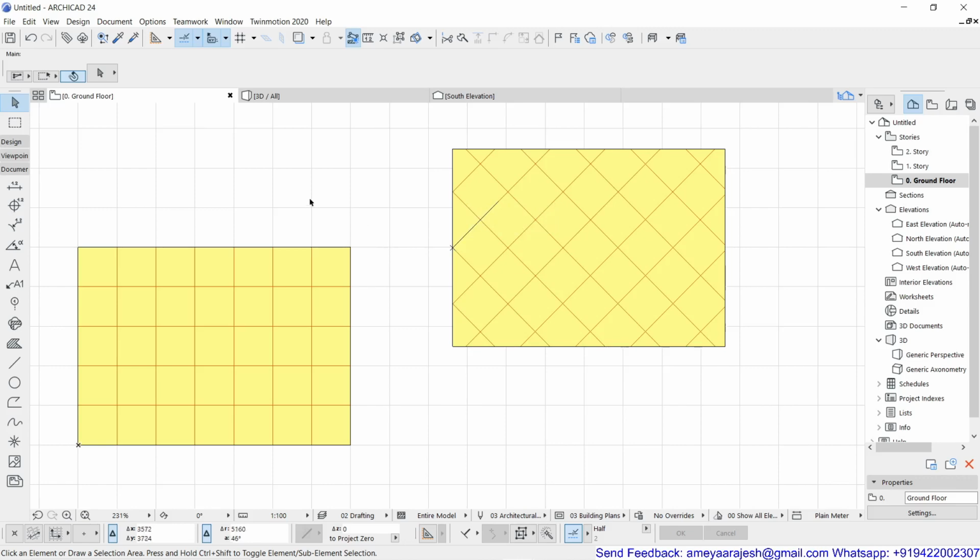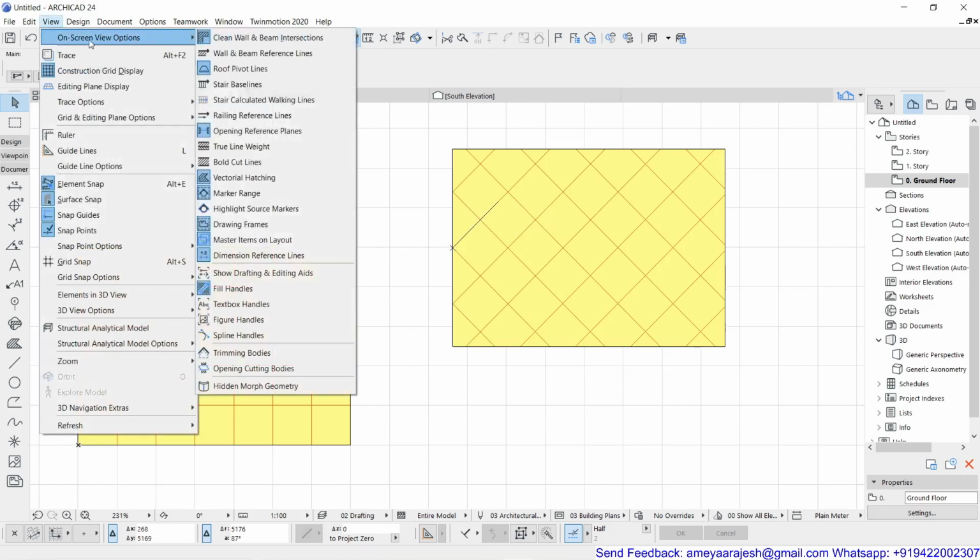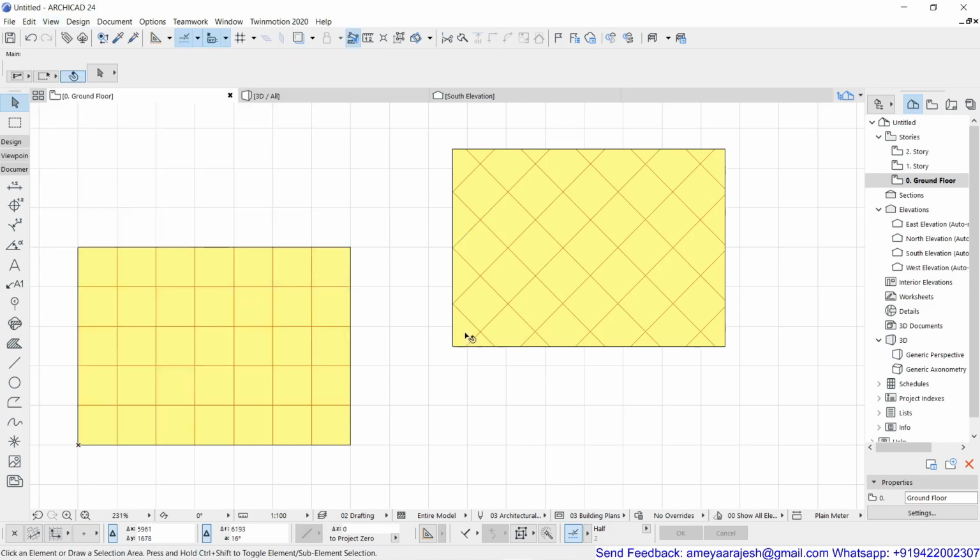If you want, you can keep it on. But anyway, I will turn it off again. And now, with the arrow tool, even if you just highlight your object, you can still see that same symbol with this handle, which is a field handle, the origin handle, which is controlling the orientation of the field.